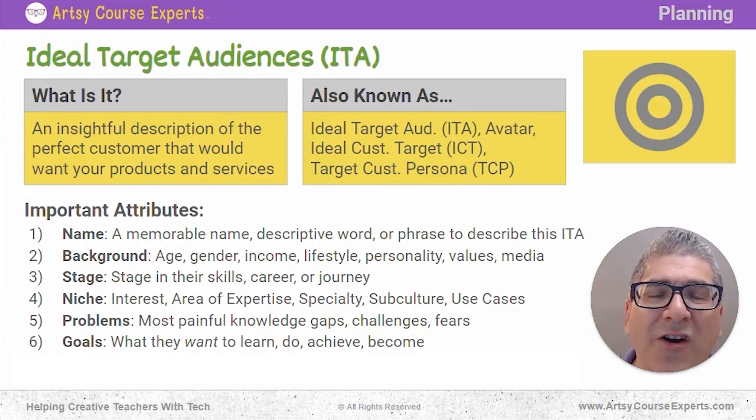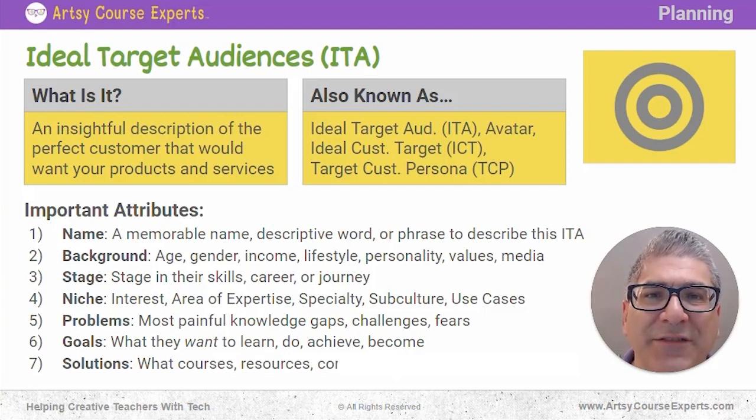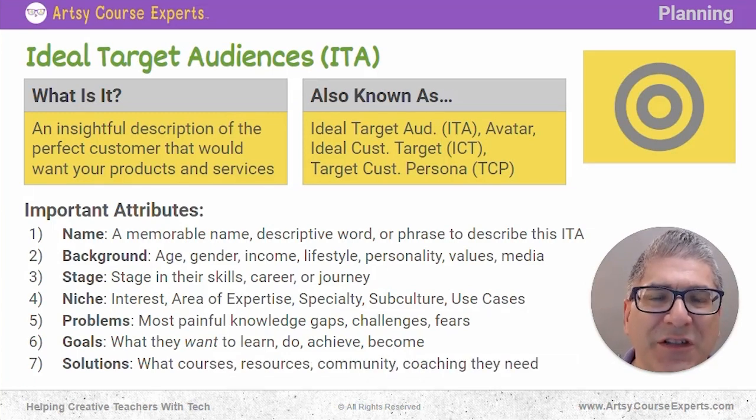Finally, what are your solutions? You're the creative teacher. What are your solutions? Your courses, your resources, your community, even combinations of courses. Start with this high level thing, and then you dig into this next spotlight course. But what are your solutions that really cater to this target audience? Now that you understand them, right? Their background, their stage, their niche, their exact problems, where they want to go, what's that transformation that they want